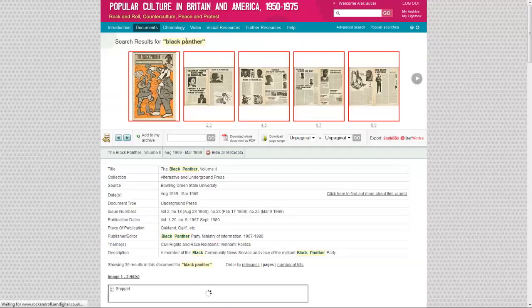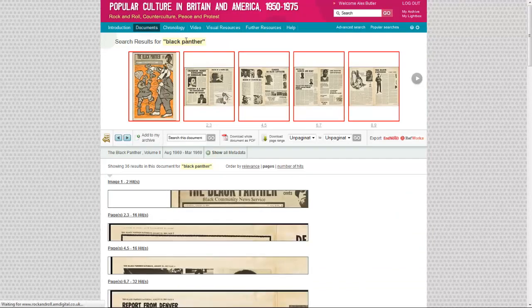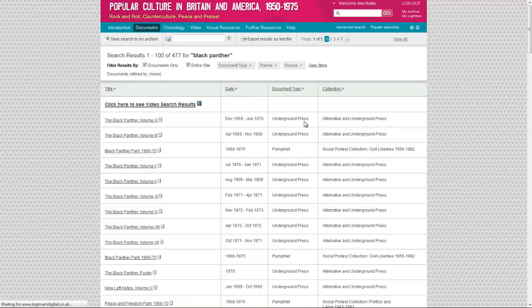I mentioned that a lot of instructors are using this material in classes. We do allow, just to mention here, you can download whole documents to PDF or just certain pages. We do allow any of the material in any of our collections to be downloaded for personal use or use in the classroom. That is absolutely fine, and you can do that here on the document details page, or you can click into a certain page and there is also a download to PDF option just for that singular page there. So now I'm just going to head back to our list.